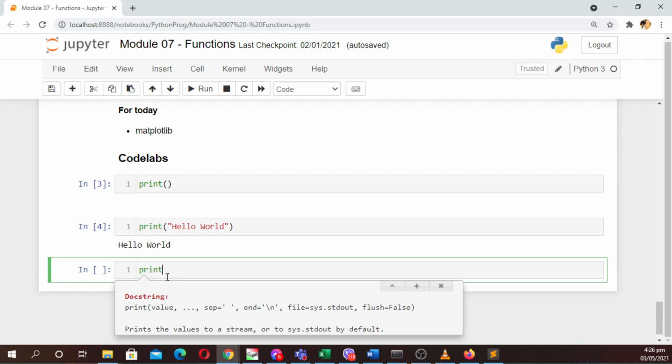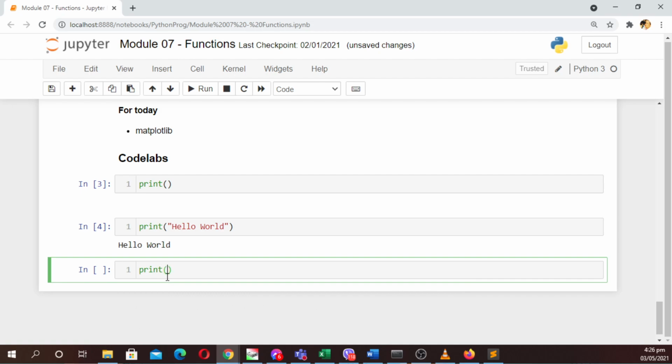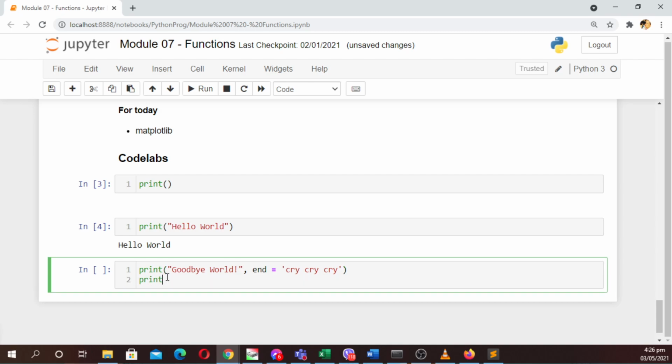Ayun. So, for example, maglagay tayo diyan. Print, let's say, goodbye world. Kunyari, mamamaalam ka na sa mundong ibabaw, pupunta ka na sa mundong ilalim. Kaya lang, ang gagawin mo, instead of having the \n as the end of the line, or let's say, yung parang terminator, what we are going to do is we're going to modify it. Okay? So, we can have it end equals, let's say, palitan natin siya ng cry, kunyari, iniyakan ka. Lagyan natin ng space. O sige, wag muna, para makita niyo yung effect. And then, we can have print,